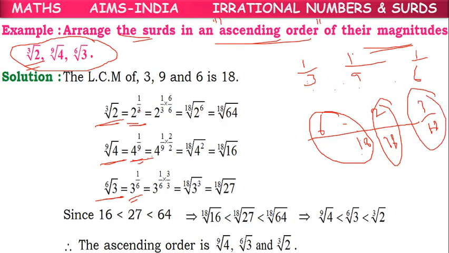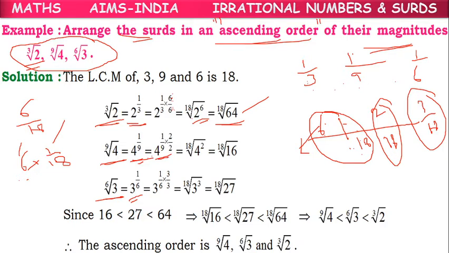So the cube root of 2 we want to turn into 18, so we multiply and divide by 6. It will turn into 6 by 18. Here the 6 will remain as a power, and the 1 by 18 will be converted into a root. So 6 by 18 we can write as 6 into 1 by 18, where 6 will remain as power and 1 by 18 will be converted into root. So it will turn into the 18th root of 2 power 6, or the 18th root of 64.